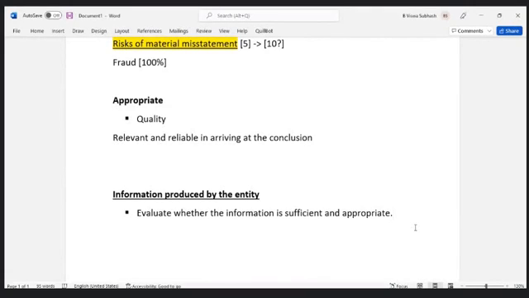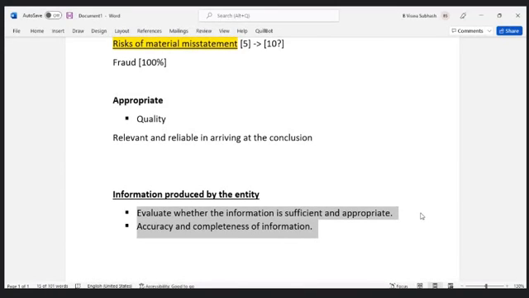to sufficiently and appropriately arrive at your conclusion, then it becomes an audit evidence, whether it held accuracy of information or not. In that case, if these two things are there, then whatever information is produced by the entity, then it can be an audit evidence. If not, if there is some information that is used by the auditor,